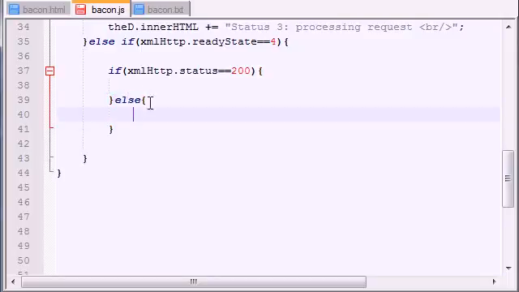So basically, if this happens right here, then it means that everything was successful. It means everything was okay. Else, it means that basically something went wrong. We don't need to test all the different errors individually. Else, something went wrong. So what do we want to do if something went wrong? Well, we just want to alert the user that maybe the page wasn't found or something. And you do this by